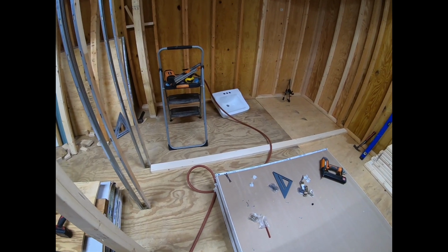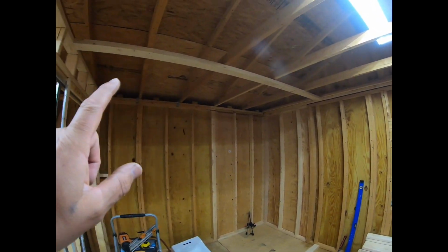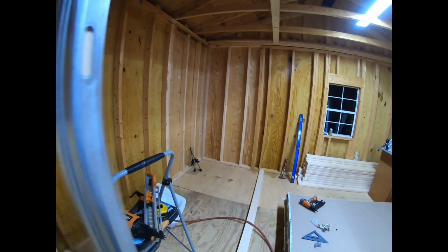So I got most of that figured out. So this here is going to be the bottom plate for the wall. And that right there will be the top plate. It's going to give a 48-inch wide